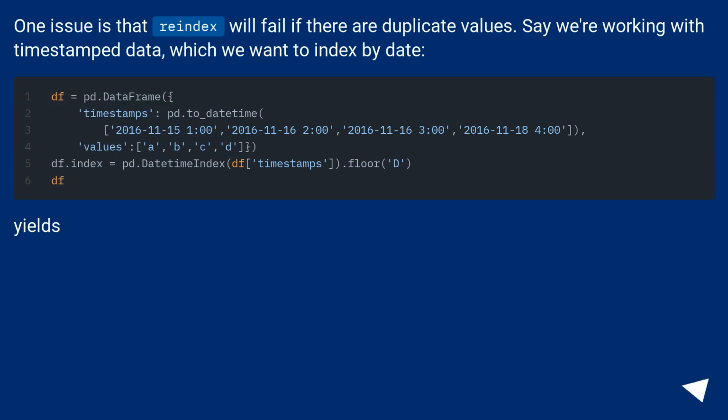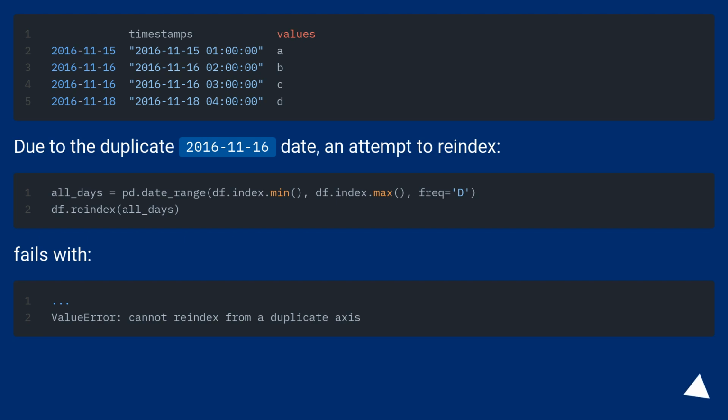One issue is that reindex will fail if there are duplicate values. Say we're working with timestamp data, which we want to index by date. Yields. Due to the duplicate November 16, 2016 date, an attempt to reindex fails with